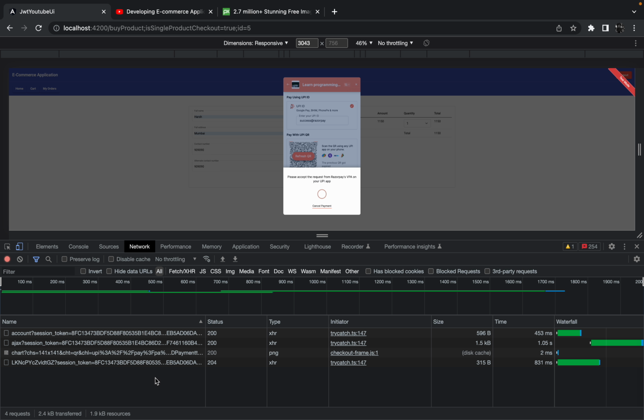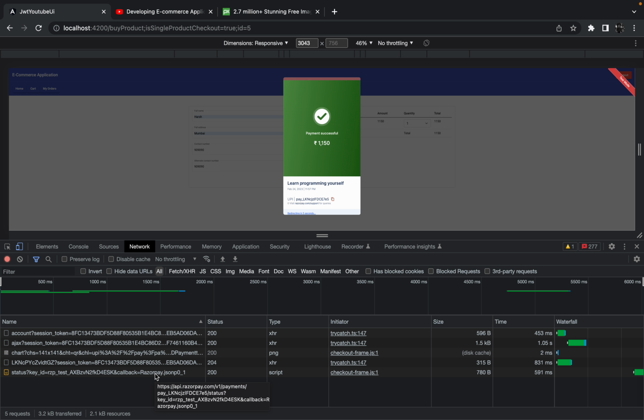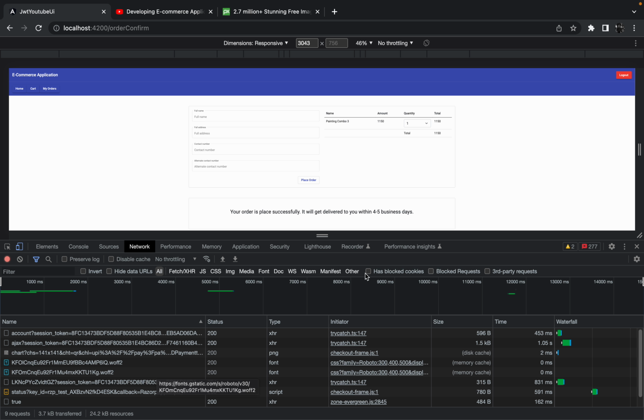So there are different things happening behind the scenes. Let's see what happens exactly when we try to place the order. Now the payment is successful. Let's see what happens when the order gets placed. Okay, so if you just see